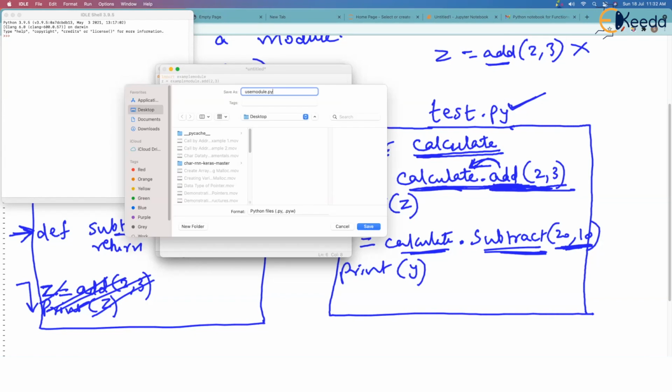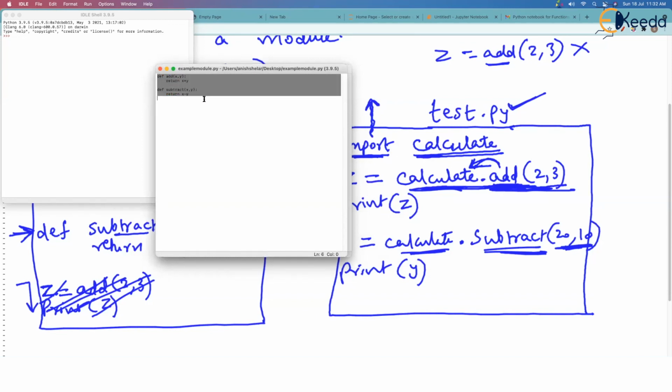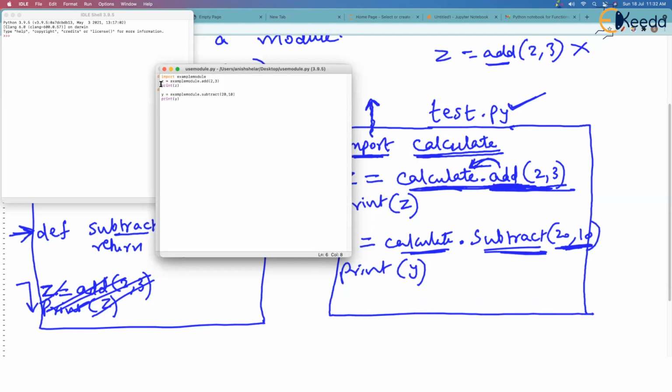Okay. Some name I have given. Now, which program should I execute, by the way? I said it is very silly to run this. There's nothing to run here. It is obvious that you will run this, which is importing the module and then calling the functions. So let's select this file and then click on run the module.